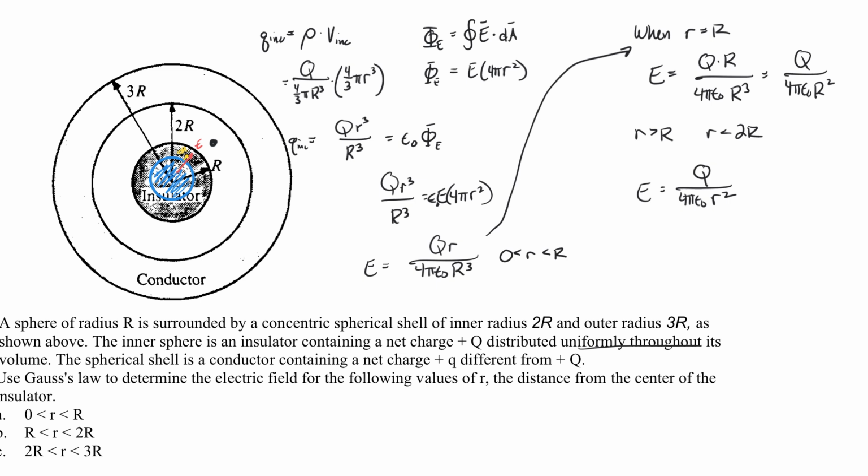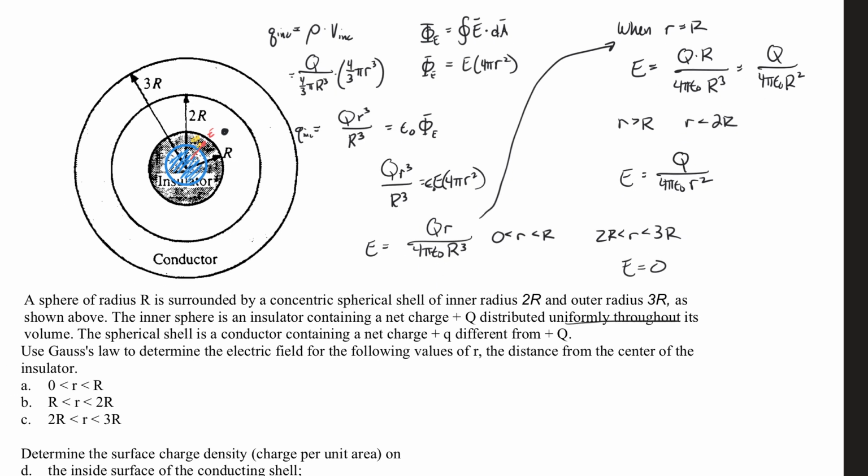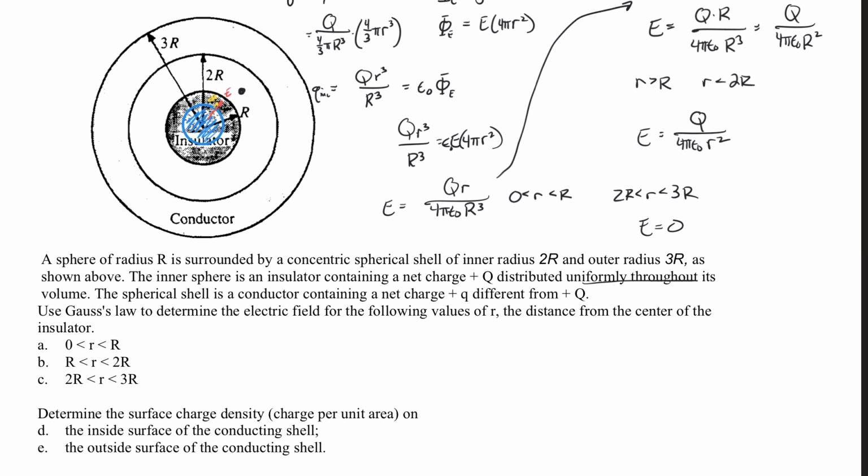Now, last one, when r is between 2R and 3R, the field is 0. We're inside a conductor. Electric field is 0. Determine the surface charge density on the inside surface of the conducting shell and the outside surface of the conducting shell. Well,